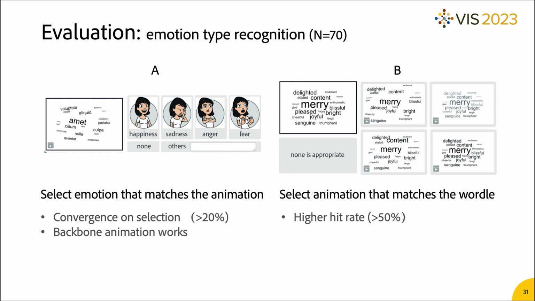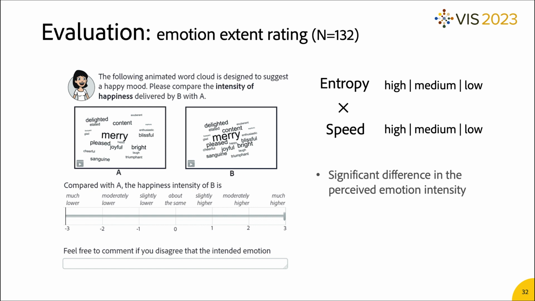Participants have a level of consensus and attain a hit rate better than random guess. The second one gets more realistic, using synonyms of emotion names as data and asking which animation scheme best fits the semantics. And participants achieve a hit rate no less than 50%. Then we ask participants to compare outputs of different entropy and speed configurations. And we found that under each of the 4 backbone animations, there is a significant difference in the rating of